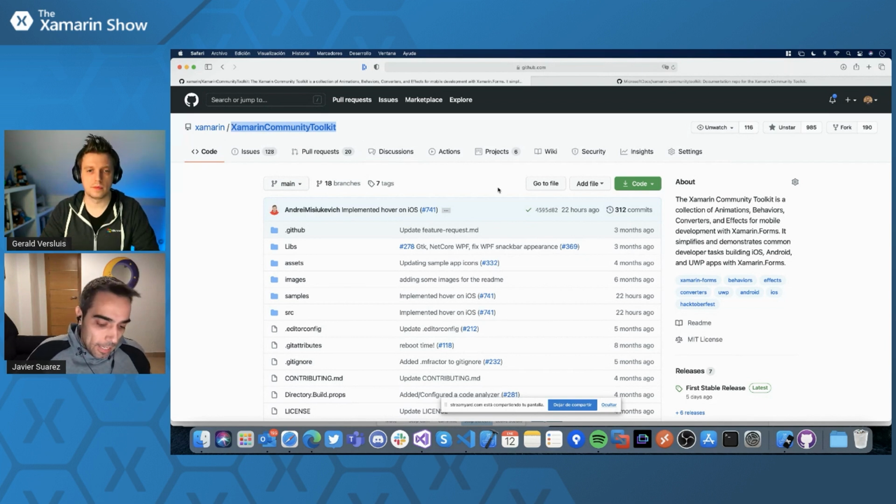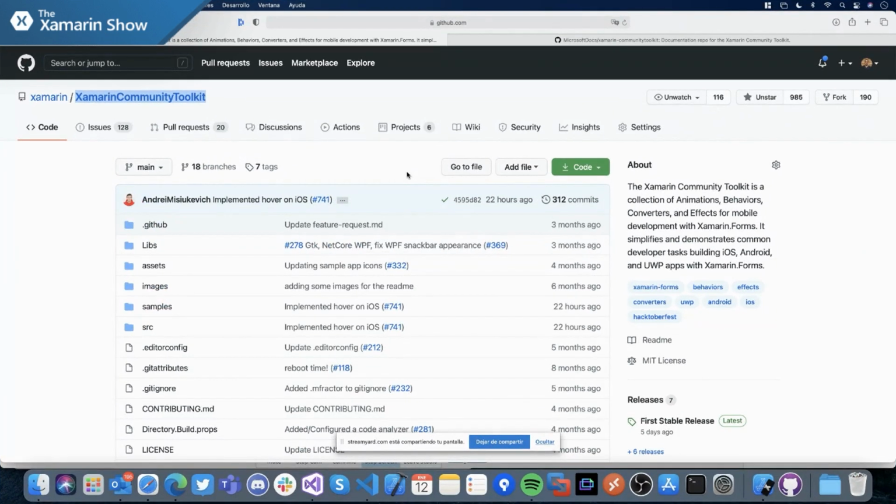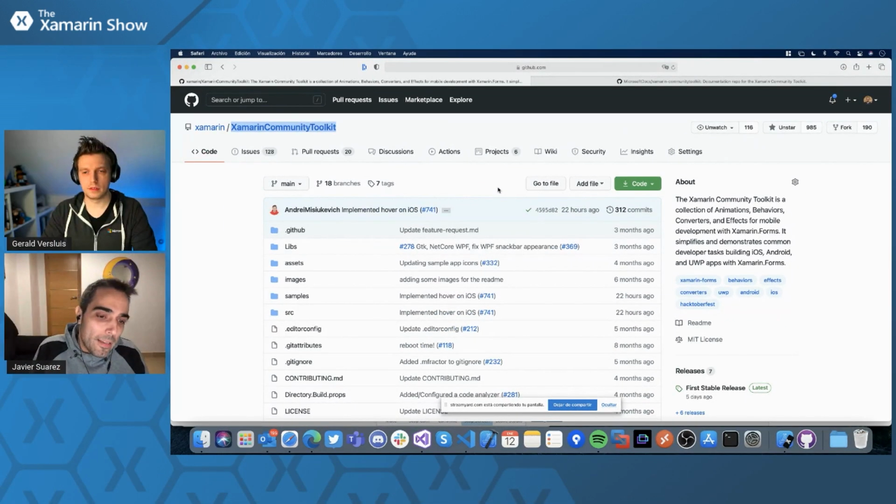First of all, we have released recently Xamarin Forms 5. And again, we are going to talk a lot about the community toolkit, but let me explain very quickly what happened with Xamarin Forms 5, because probably some developers will upgrade their application and will not find something like, I don't know, the media element or the expander.